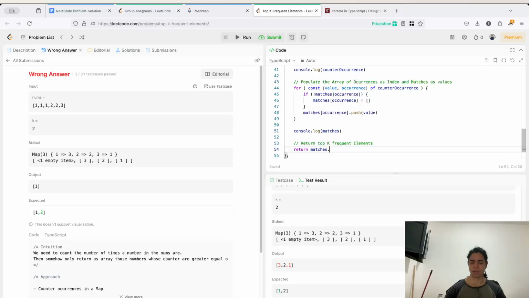Is to say, hey, I want you to give me now, because now we have this collection, okay, I want you to give me the k most elements in that array. Okay, I want you to give me the k most elements from the reverse order,